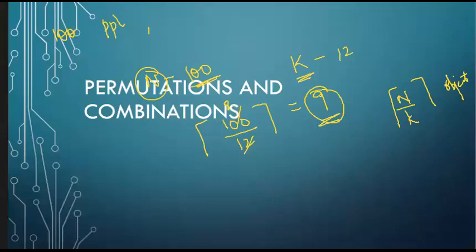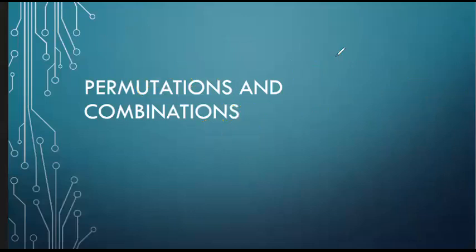The next topic is permutations and combinations. Permutations and combinations is basically a method to count the problems, and many counting problems can be solved by finding the number of ways to arrange a specified number of distinct elements of a set of a particular size, where the order of these elements matters.